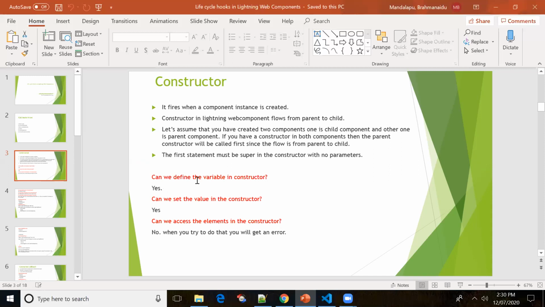First we will see these questions, and later we'll write the code related to the constructor. Can we define a variable in the constructor? Yes, we can define a variable and set the value in the constructor. Can we access the elements in the constructor? No, we can't. When you try to do that, you will get an error from Salesforce.